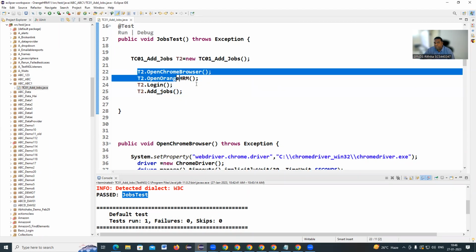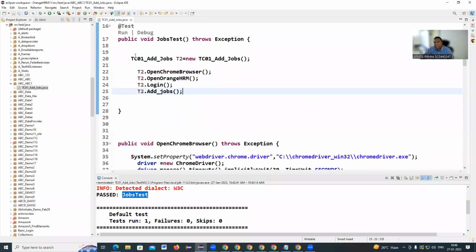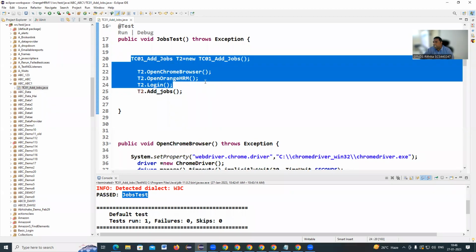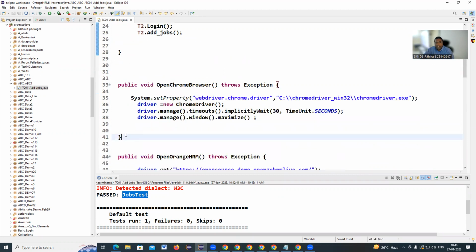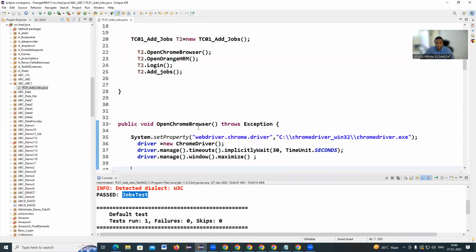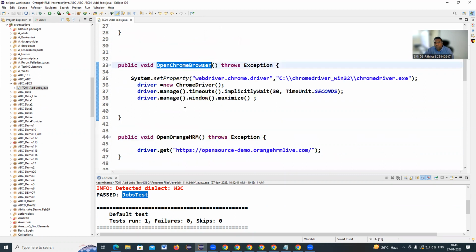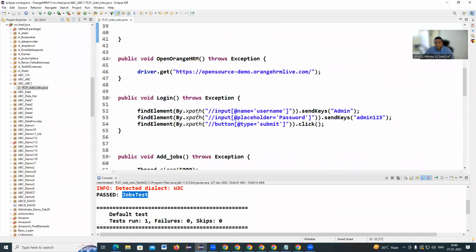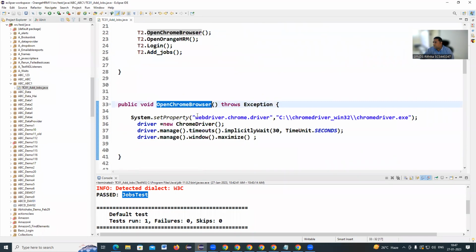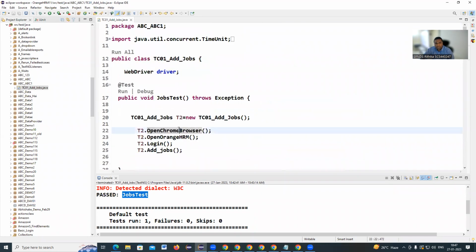So far we had written a set of driver commands directly in the main test. That is during learning time you need to do. So I told you how to write a method. Just copy this method name, give the ending curly bracket, and keep the open Chrome browser lines of code you have moved in here, open Orange HRM, login method. If you keep blocks like that, you can call all those method names here